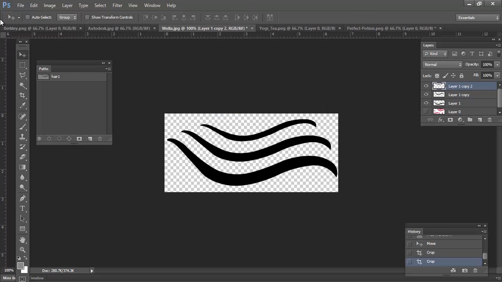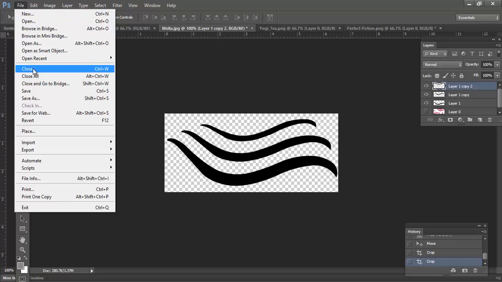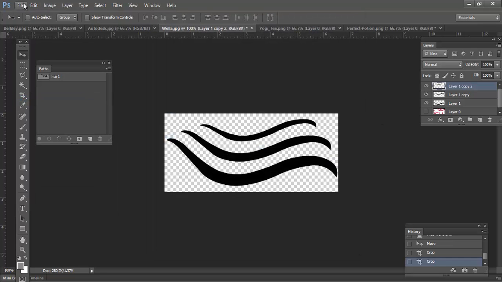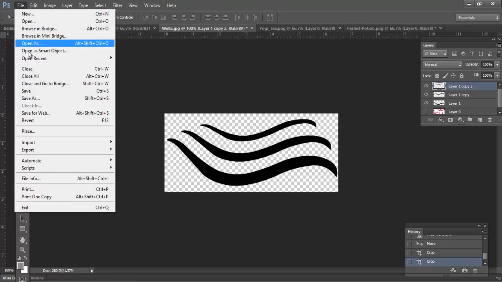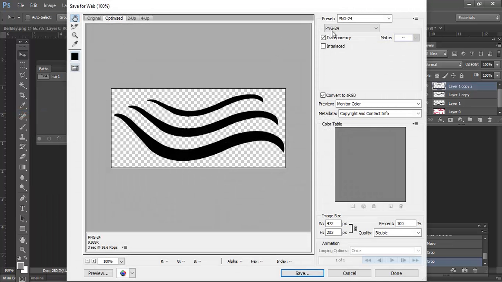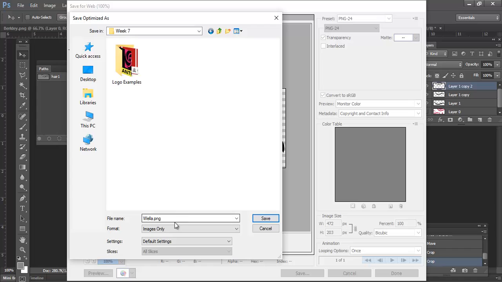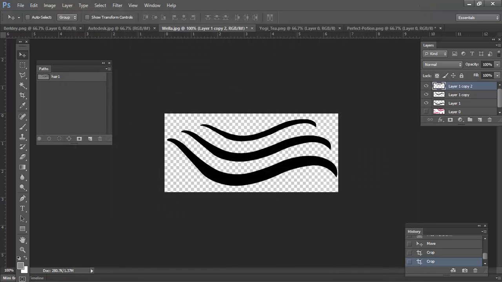I'm sorry, I'm going to do it this way. File, Save for Web, PNG 24 with transparency. Click Save, navigate. I'm going to go to week 7. I'm going to call it hair. Click Save. And then if you open up Publisher,